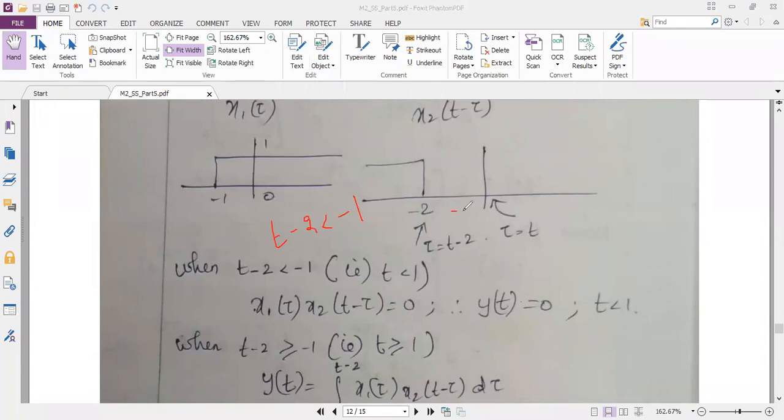See, this is your minus 1. This is your minus 1. See, here I do not have any signal. So less than minus 1, will I get any output? No, ma'am. So this is the clue here. When t minus 2 is less than minus 1, I won't get the output. Since it is t minus 2 less than minus 1, I can take this minus 2 towards that side. I can move it.